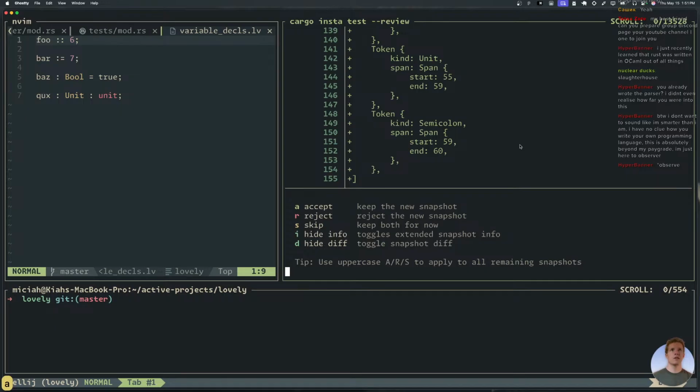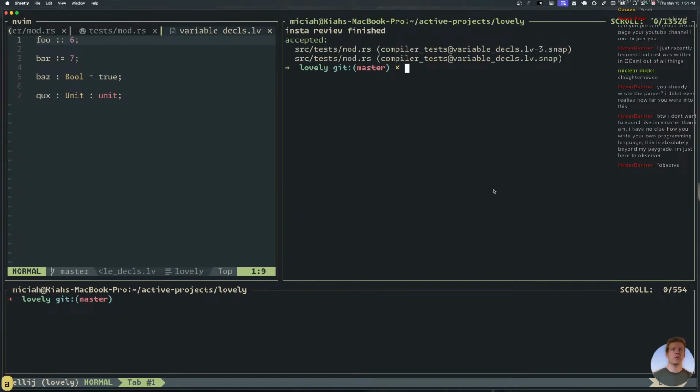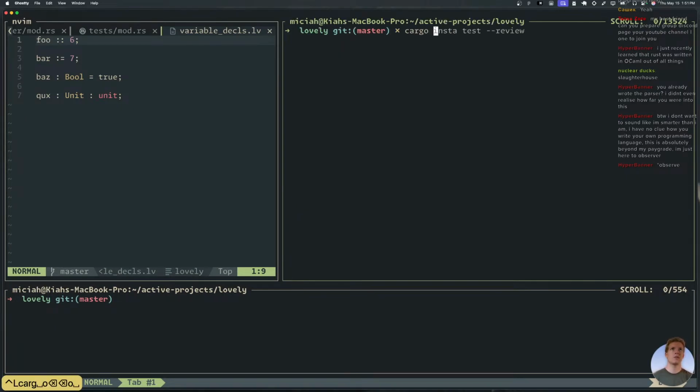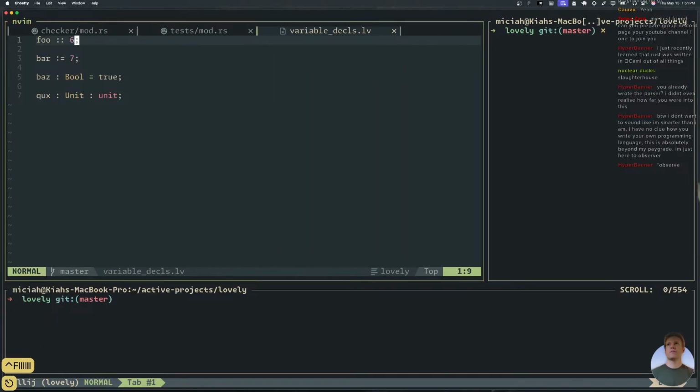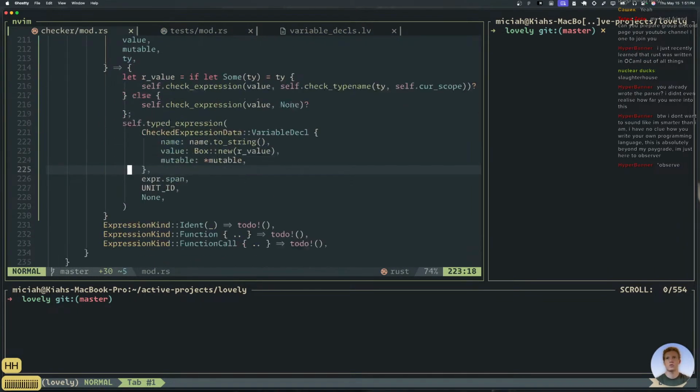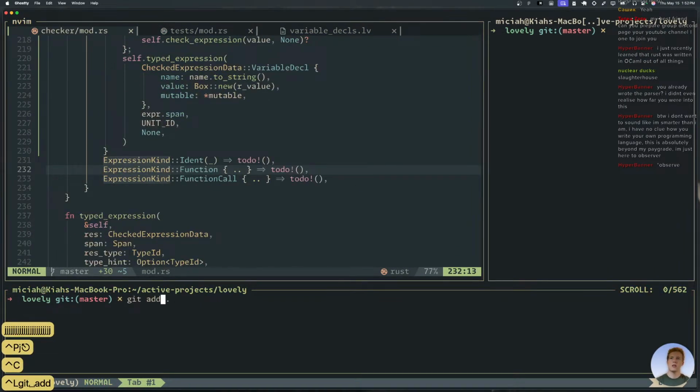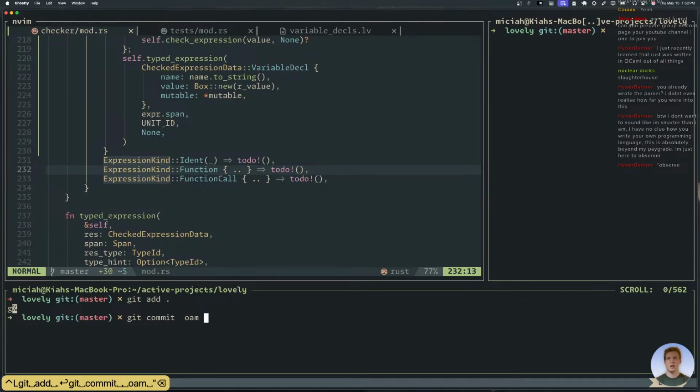That looks good to me, and the tokens we already know work. Okay, perfect. So now if we cargo test, I accepted those, so we're passing. That looks great. So let's commit. git commit -am type checking.